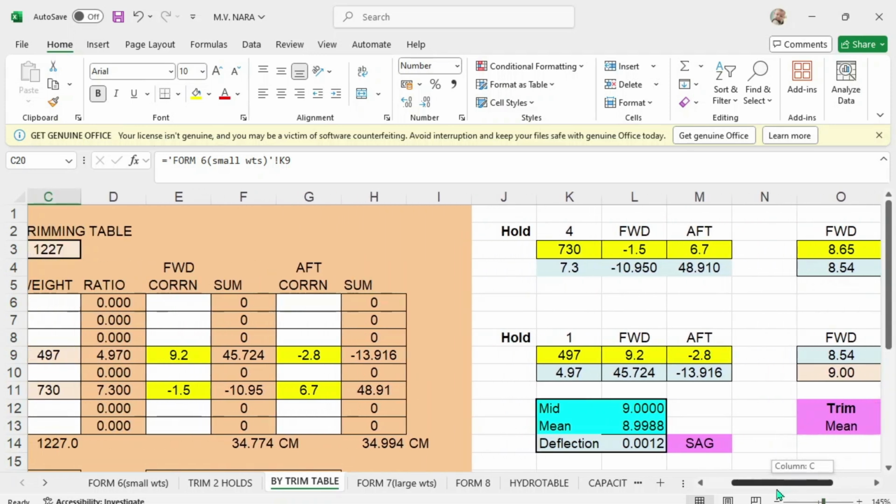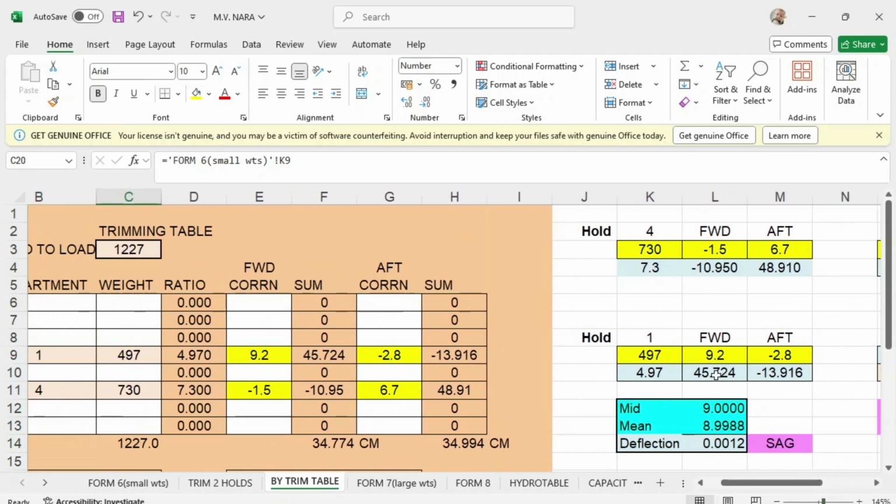Then after loading hold number 4, you will load hold number 1. I think hold number 1, 497, which is this one. And your forward correction for number 1 is 9.2, and aft correction is -2.8.